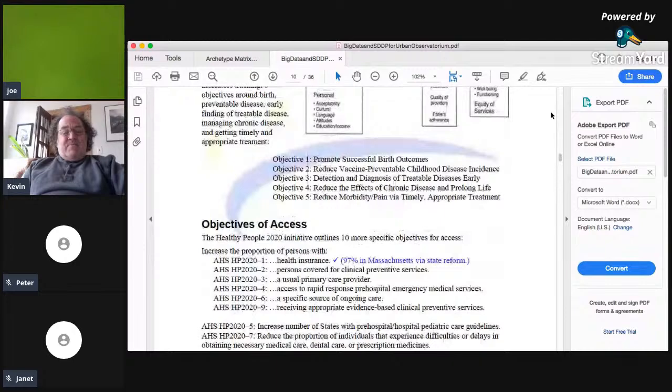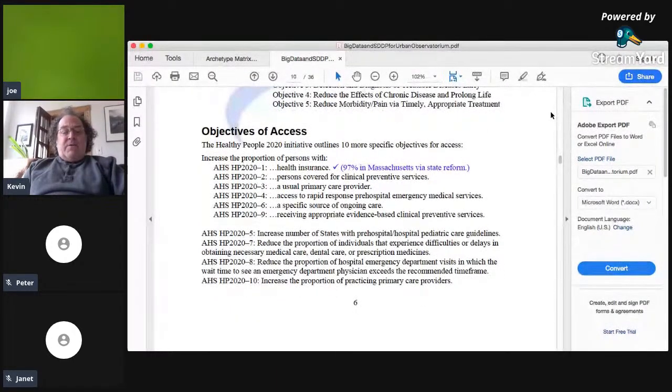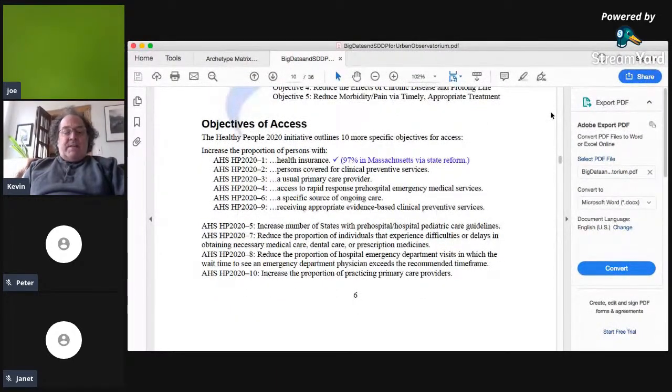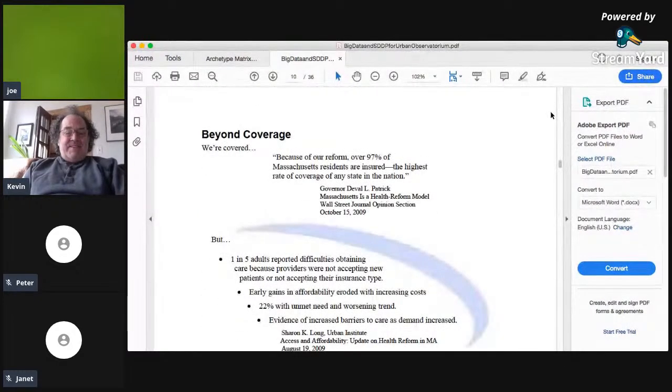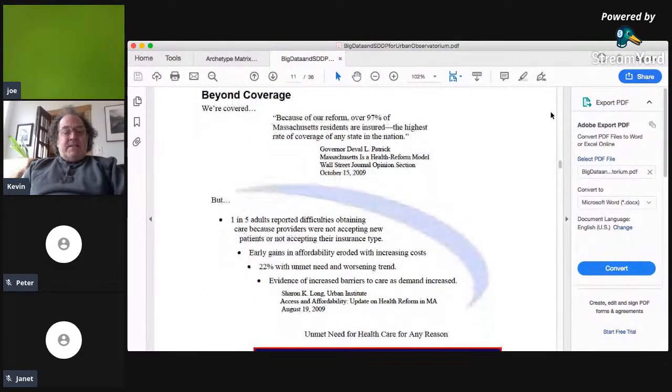And we reference some other related work in the area. So these are samples of material from the literature. Then we got this more specific statements of directives from the state of Massachusetts. This is a quote from the governor about the situation: we have a lot of people insured, but we don't have a lot of people that actually have access to